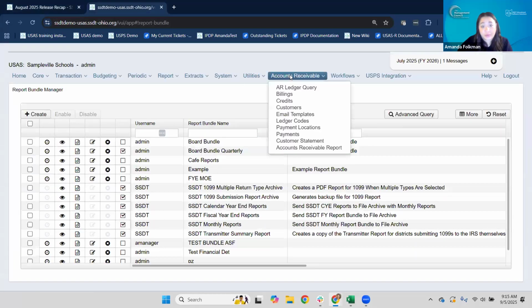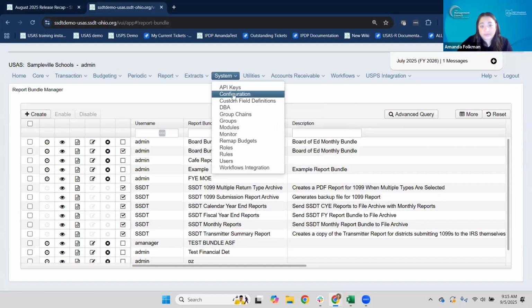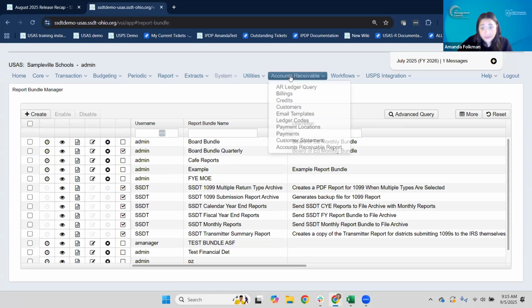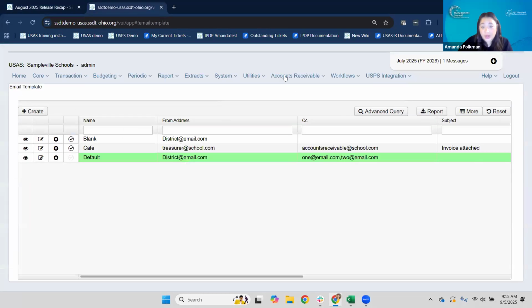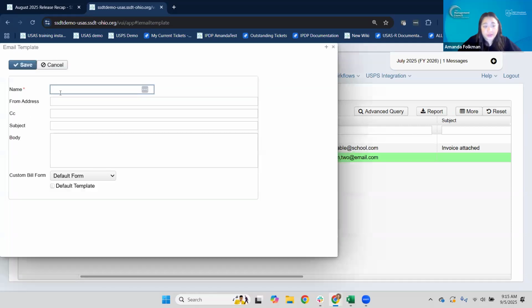So previously for accounts receivable, in the configuration, there was a setup for the email template. And what we've done is we've moved email templates to its own option on this accounts receivable menu. And the previous default template gets moved over here for districts that were already using AR. But what we can have now is multiple different email templates to choose from. So I could come in here, click create,